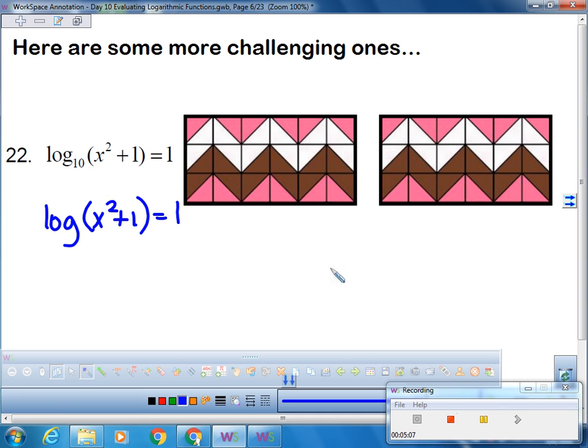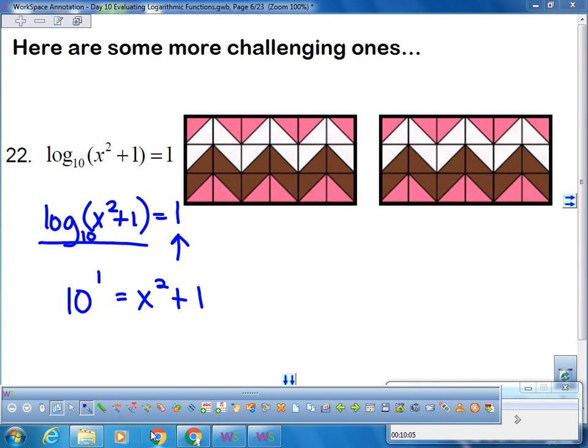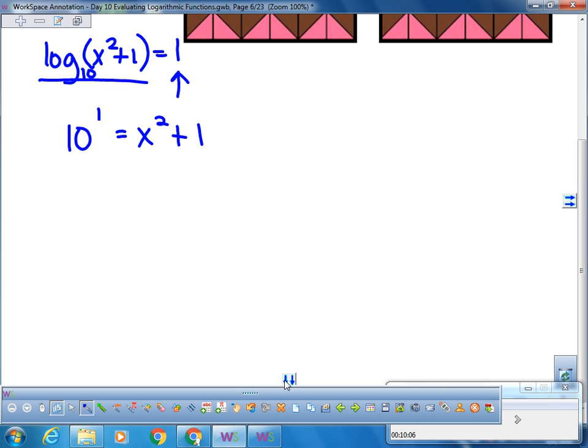So, I'm going to turn this into exponential form. Log with a base of 10 to the exponent of 1 equals x squared plus 1. It looks so complicated, but it's not. It's just that the base, which is 10, to the first power is going to be the answer. So with this one, all I have to do is solve for x. So I subtract 1 from both sides, and I get x squared equals 9. If I take the square root of both sides,